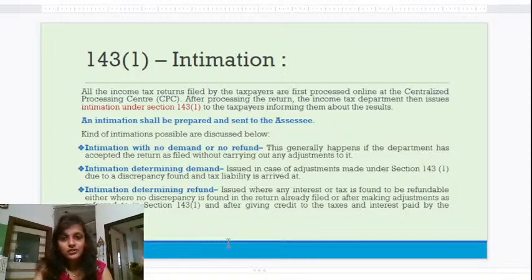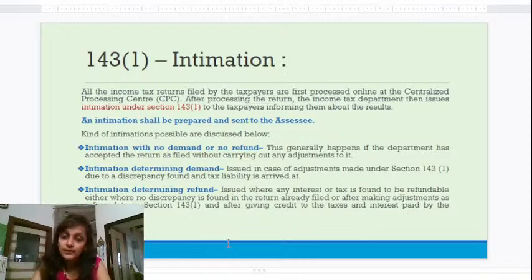There are different kinds of intimation under 143(1), and you will be receiving a mail for that. If your return is filed without any demand or refund, you will also receive an intimation under 143(1) saying that you do not have any demand or refund, and your return has been processed successfully.